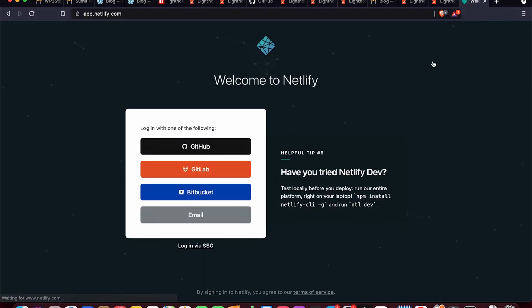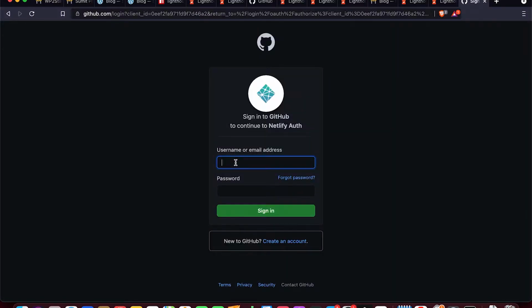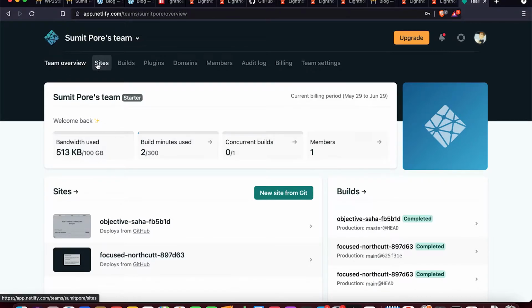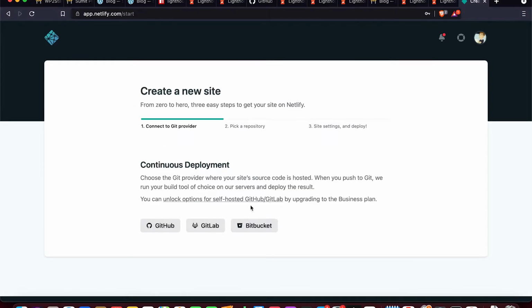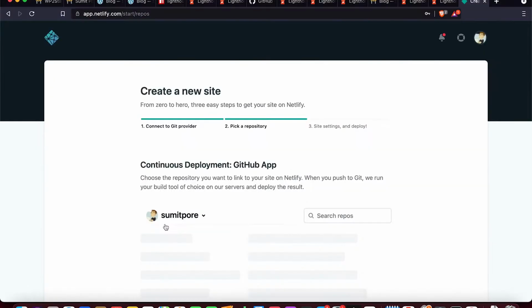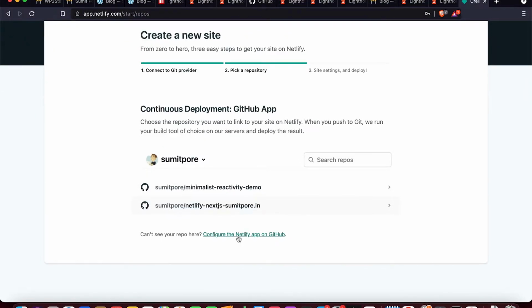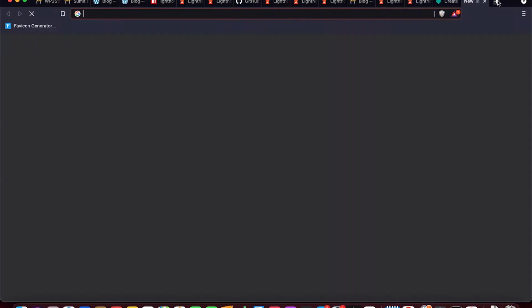When I log in here, inside Netlify, let's go to sites. We'll create new site from Git. So let's do this. Let's go to GitHub